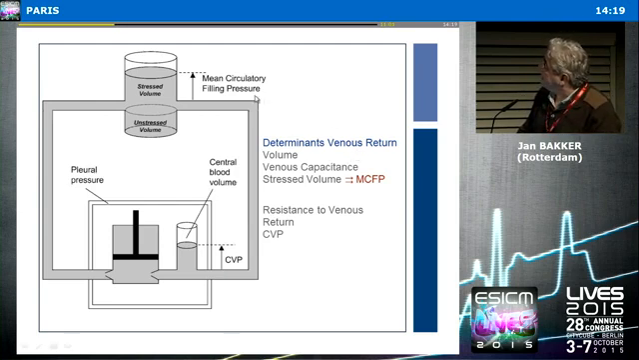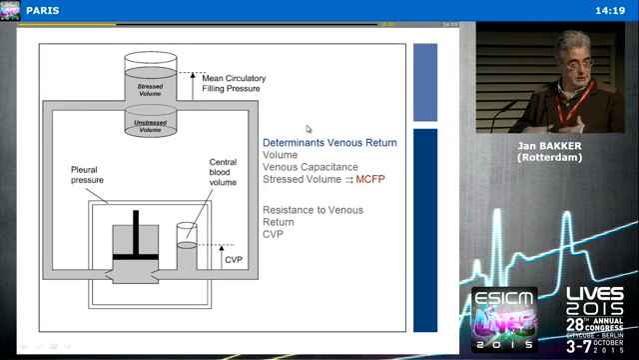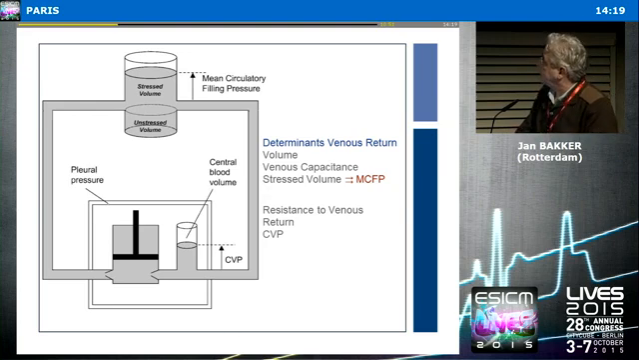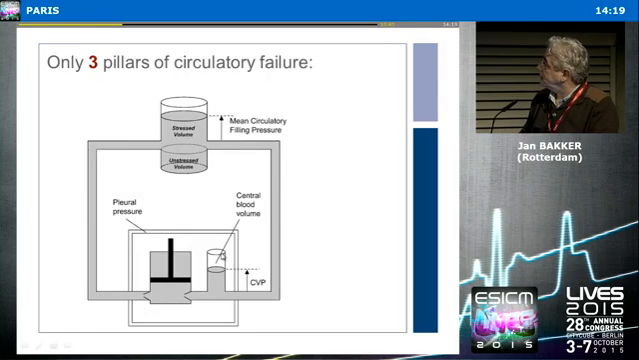And the mean systemic filling pressure is a determinant of venous return, and it's brought about by the amount of volume in your venous system, and of course the vascular tone of your venous system, or the capacitance of your venous system. And you could say the resistance to venous return is central venous pressure. And so if you have this cartoon and you have these pressures and you appreciate the importance of these pressures, you could say, well, then we have